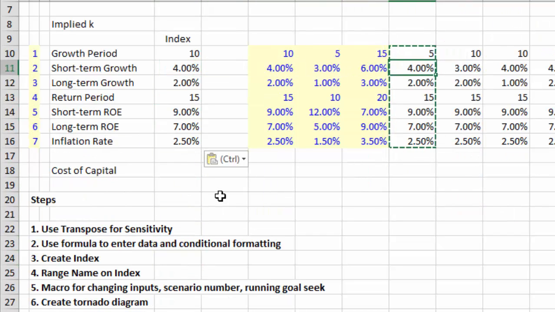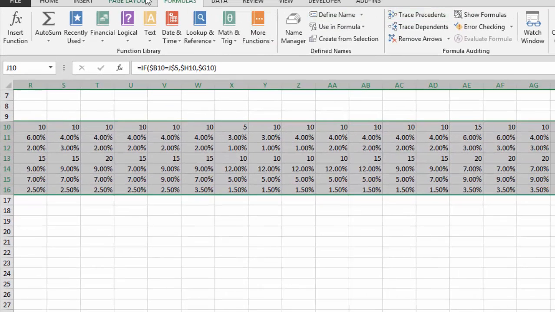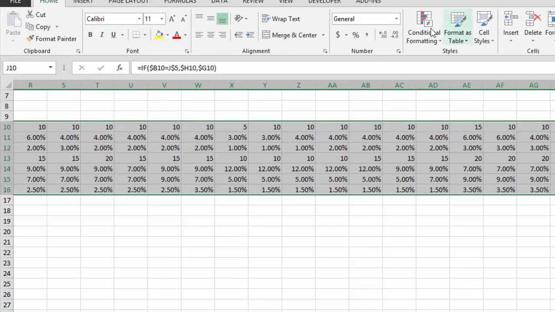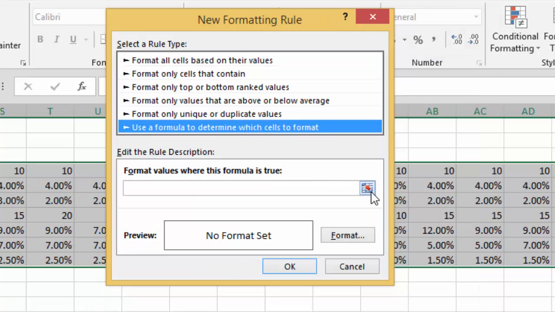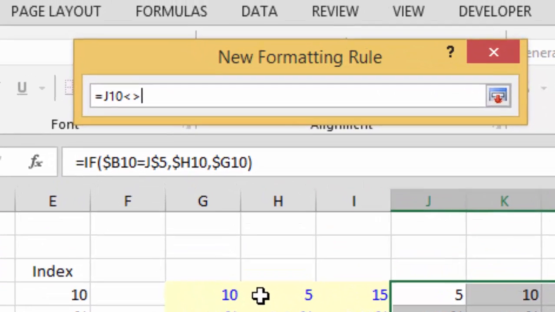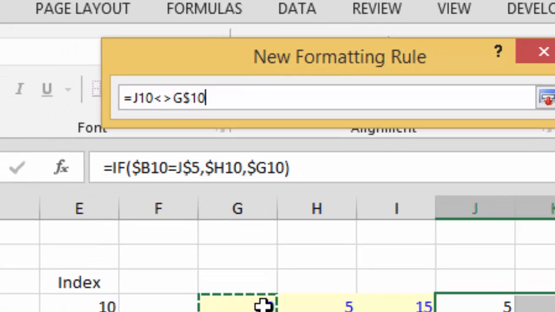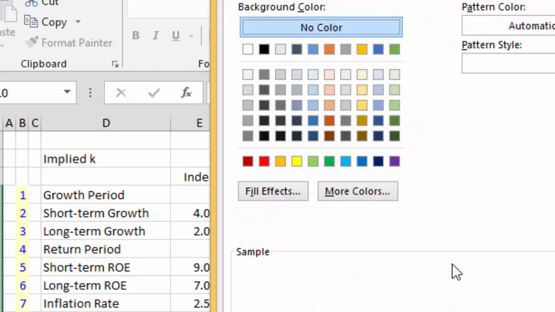Actually, there's one little thing let's do beforehand. Let's do this conditional formatting, meaning that you're going to go to the Home tab and you're going to be a pro. You're going to make a new rule and use a formula. And then in the formula, you go over to the upper left-hand one, and you take all the F4s out, and you say when it's not equal to the base case, which is this one, and you press the F4 until you just get the column, and then you go to format and pick some kind of